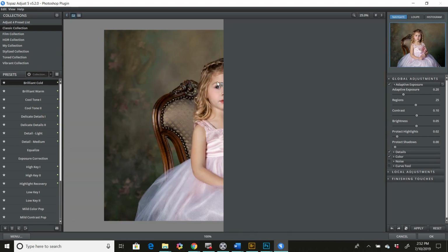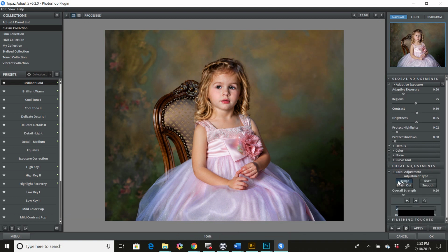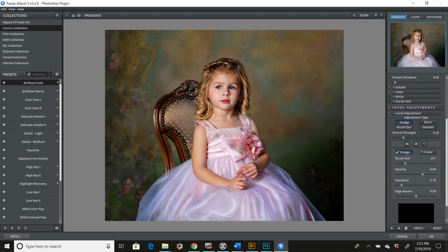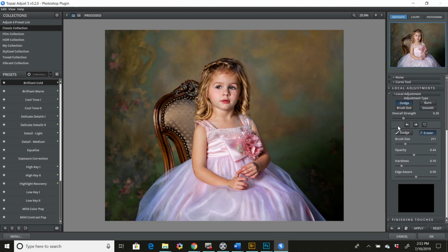So I'm going to click that back, and what I'm going to do is this. I can go in with local adjustments, and I can choose eraser, and I can make the eraser maybe 47%, and I can brush out. My hardness is not very much. Edge aware is at 50%. So I'm just going to paint